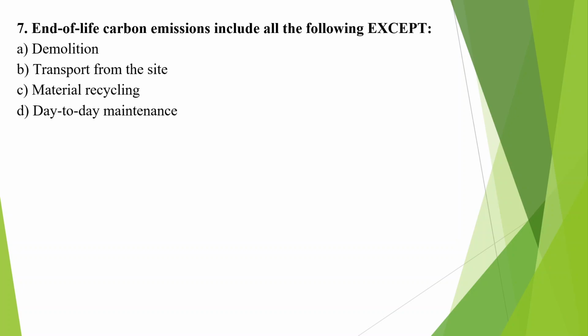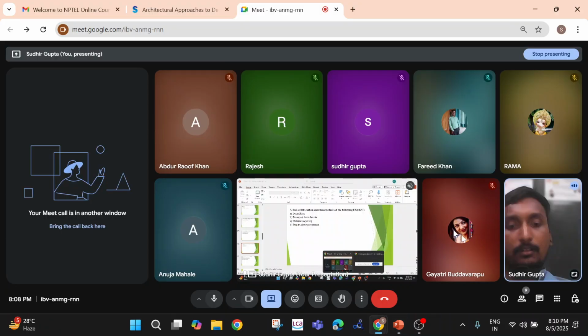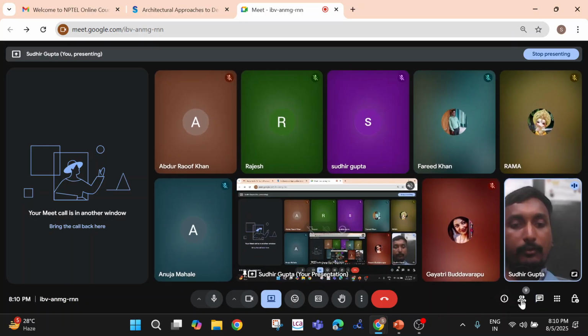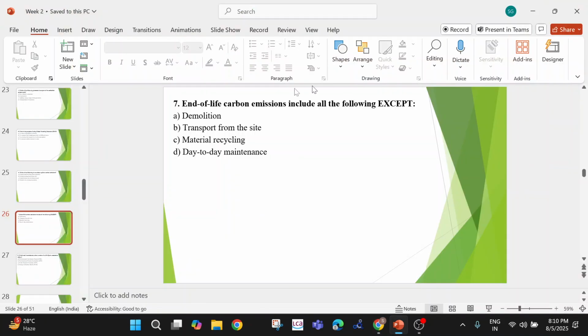So the different stages were shown in the picture slide. In the slide, when it was explained, different stages were shown: stage 1, stage 2, stage C, stage D, like that. So it was option D which is mentioned here. It was falling under stage B, as you can recall, and I can see many of you have understood the concept. They have given the answer D, saying that option D is the correct answer.